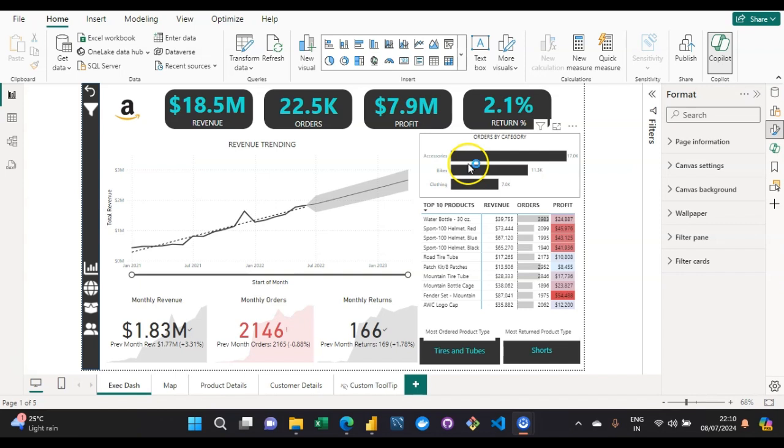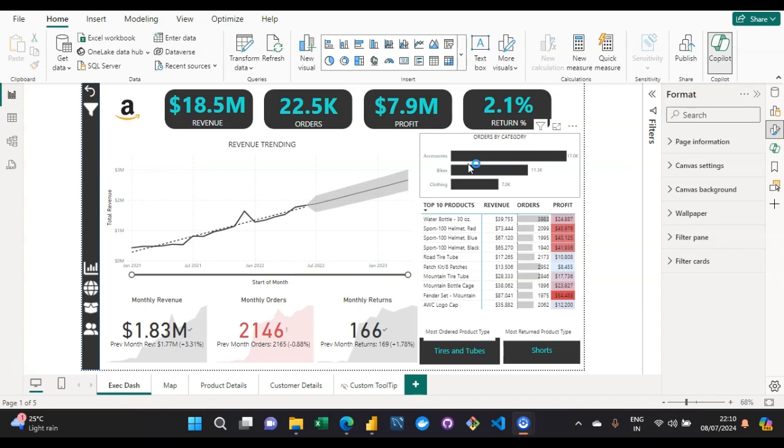Some things you have to make sure of first of all: you need to have time series data for working with this anomaly detection, right? And then your data set or your graph should have at least 4 data points. Whenever you want to work with this anomaly detection feature, you should make sure that you have at least 4 data points, right? If you don't have up to 4 data points, then there is a very low probability of coming across anomalies, or of being able to work with this feature in Power BI, that is anomaly detection.